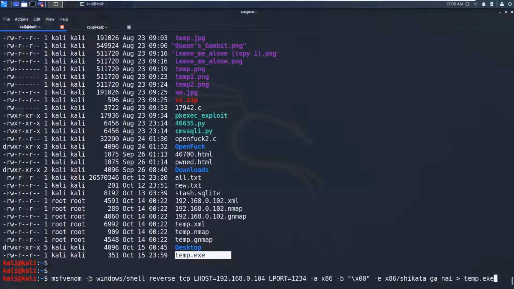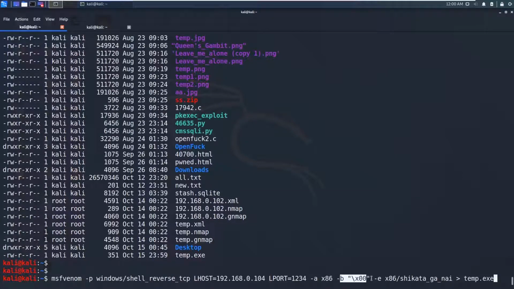So that's all about the basics of msfvenom, guys. Generally we mainly use msfvenom to generate payloads, that is shellcode or executables, and we specify the payload with the -p option, and we specify the properties or options we need to set for this payload. Those are LHOST and LPORT, which is our Kali Linux machine's IP address, because we are making a reverse shell such that the client should connect back to us, and we are specifying the architecture as 32-bit, and we are removing the bad characters.